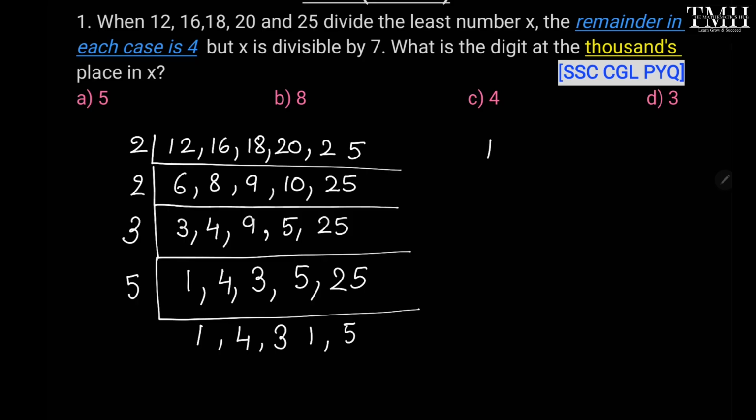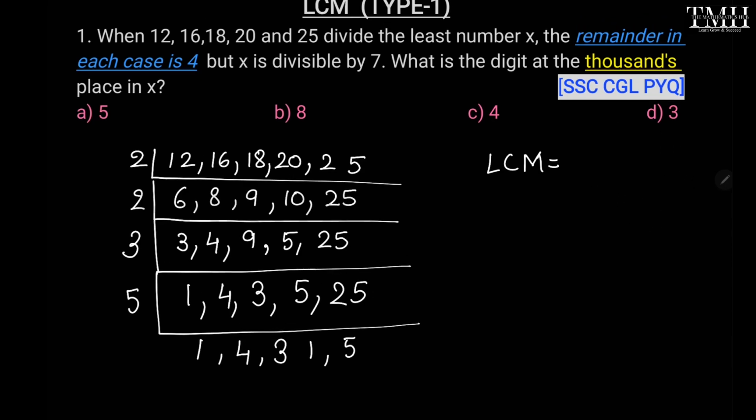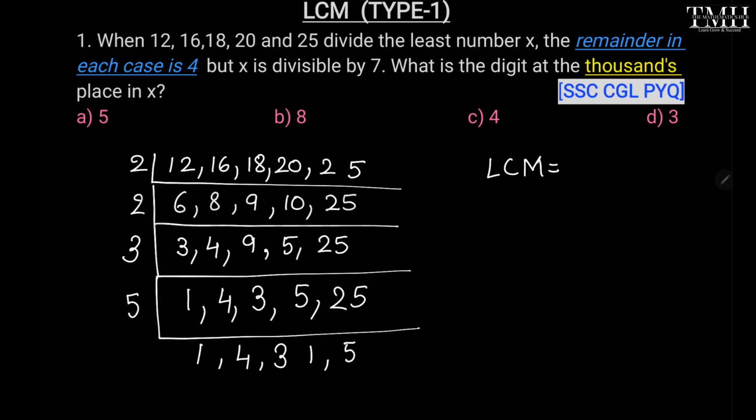So here the LCM is equal to how much? 2 multiplied by 2, 2 multiplied by 2 multiplied by 3 multiplied by 5 into 4 into 3 into 5. So the answer will be how much? By multiplying all these numbers, we will get 3600. So this 3600 is completely divisible by all these numbers, but we have to find the remainder 4 in each case. So the required number will be equal to